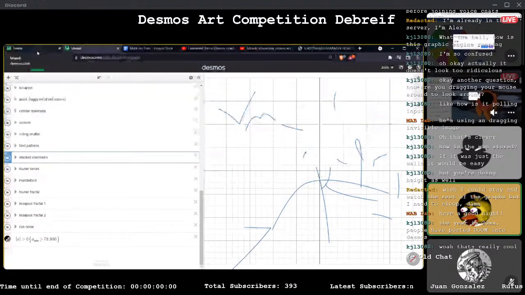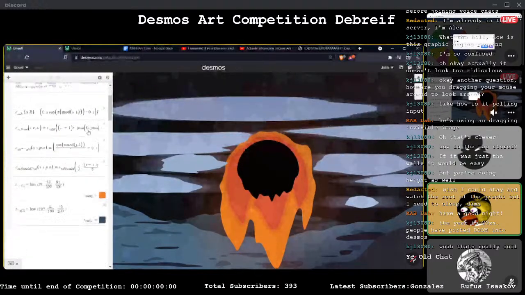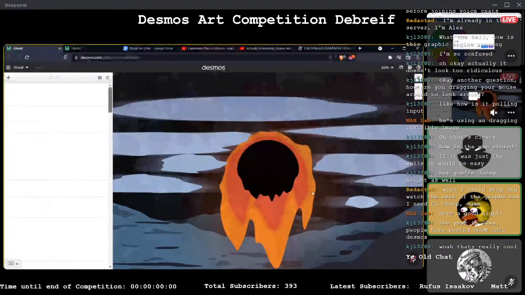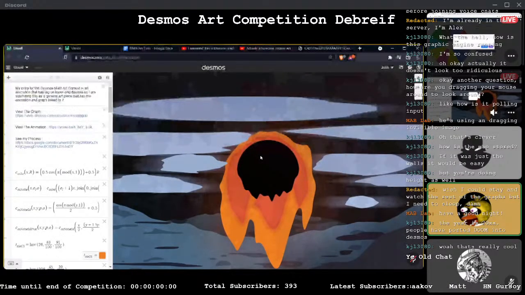So I came up with a secret game plan, a plan B, which is that I would submit this. And this is technically my graph, you know, but it's not really. I'm hoping that they judge it based off of this, but they judge it based off of the performance of this graph. It's a good graph. This one with the texture, it's quite spectacular on its own. Hopefully that's good enough to get me a decent amount of